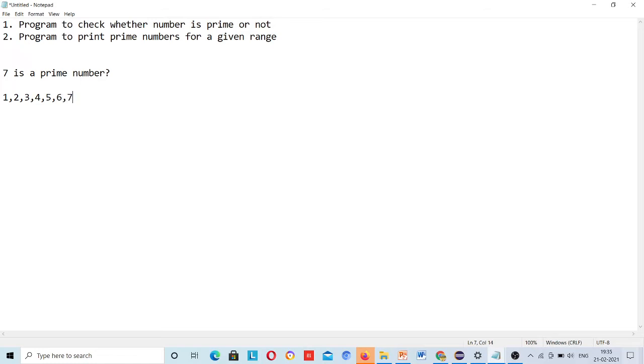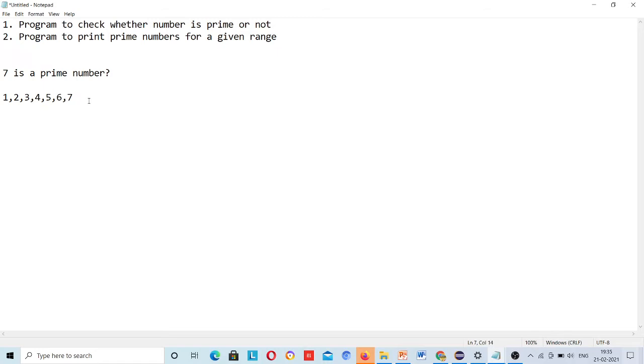So 7 should not be divided by any number leaving this 7 and this 1. Only 1 and 7 can divide it, so this will be a prime number. Numbers which are divided by only themselves or 1 are the prime numbers.